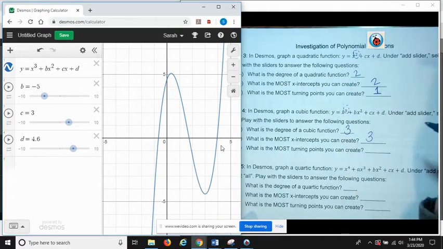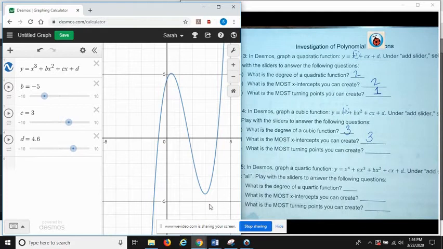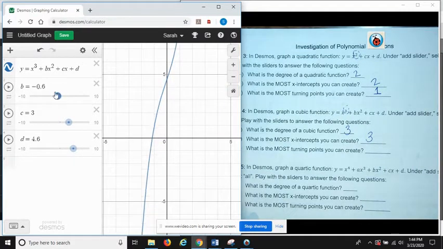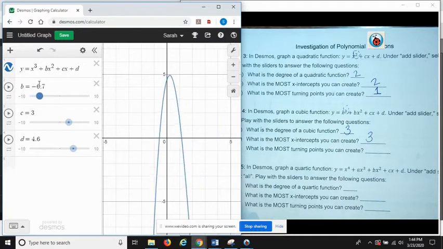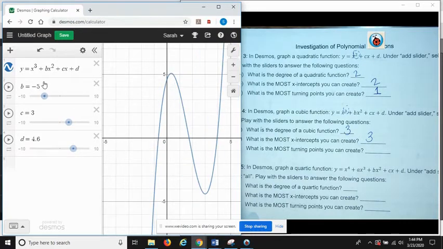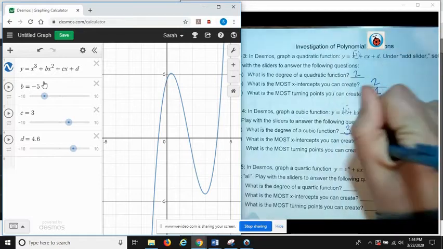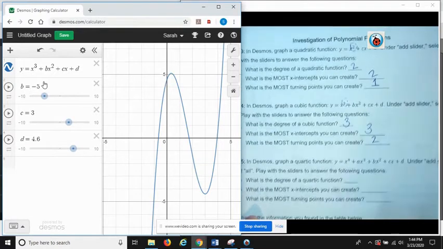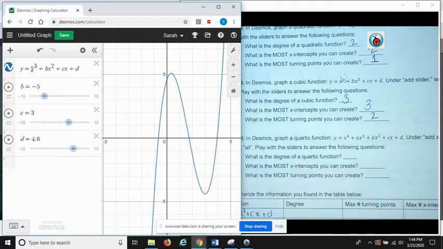And the most turning points we can create, we created 1, 2. We can change our b around so that it doesn't really have any at all. But the most that we could make was when it was curviest was 2. Okay. Now we're going to do the same thing, adding an x to the 4th,